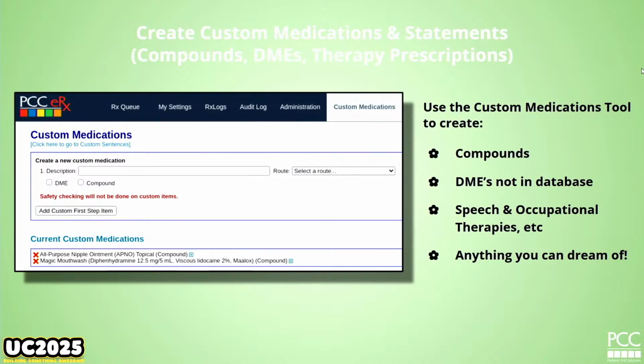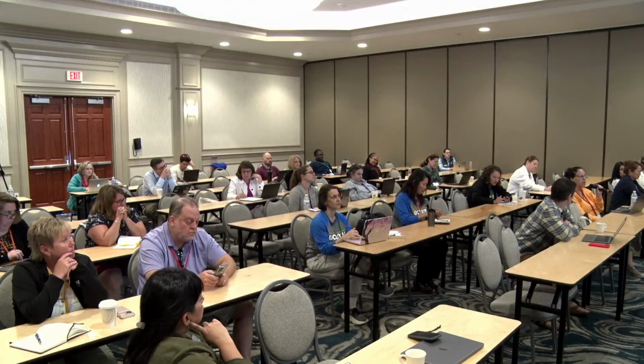Yes? They don't come up with a signature, though. They won't. We cannot put signatures by default on prescriptions because prescriptions, I know that one's not really a prescription, but they have to have a wet signature with a pen to be considered legal. So you have to print them out, sign them, and then fax them. Yeah, that would be the best way to do it. In your state, if we're talking about the speech therapy, the occupational therapy referrals, if your state does not need it to be on prescription paper, you could do it in the forms tool with the auto signature, but yeah, if it needs to be a prescription, you'll want to do it from here.